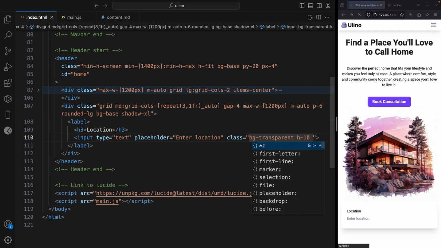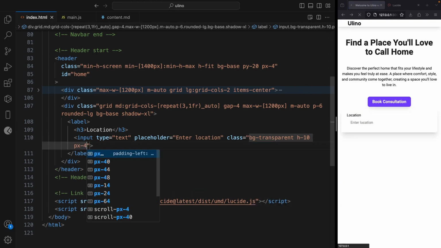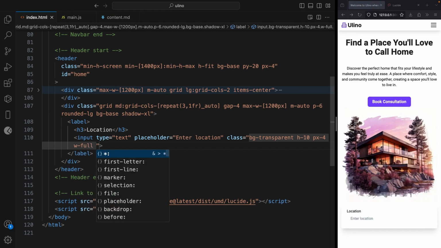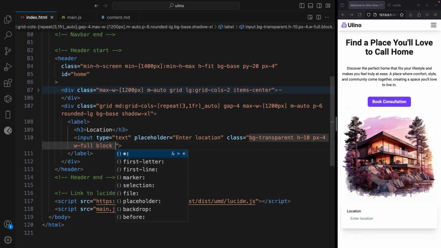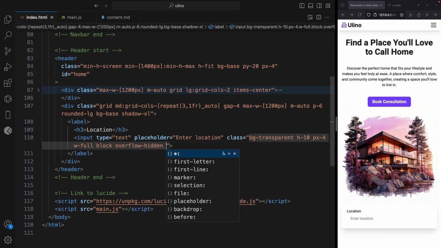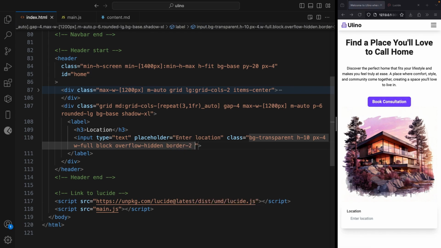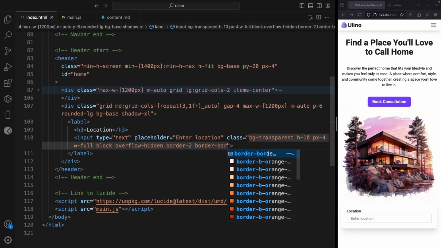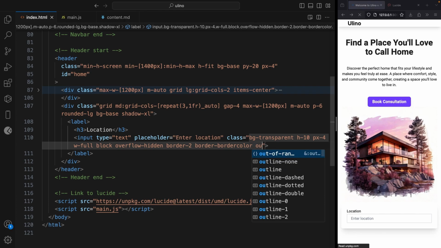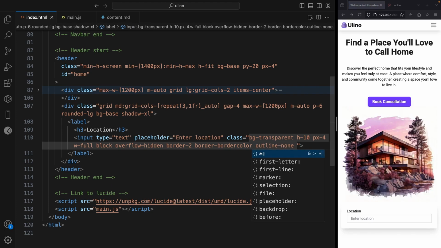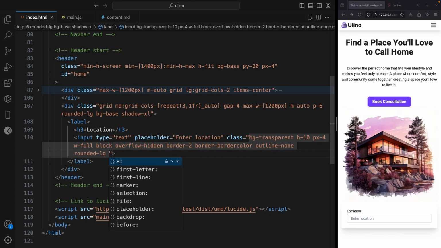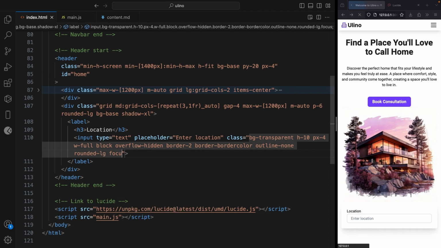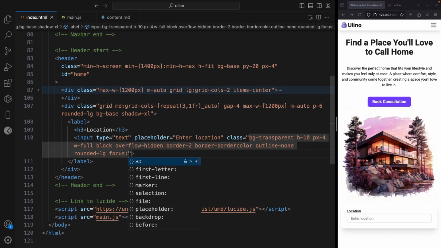And let's give it height and also the x dash 4, and let's say width dash 4, liquid block, and overflow shading and border stream and border color, border, outline none, and also let's give it some rounded view and focus. Let's say focus, and let's give it